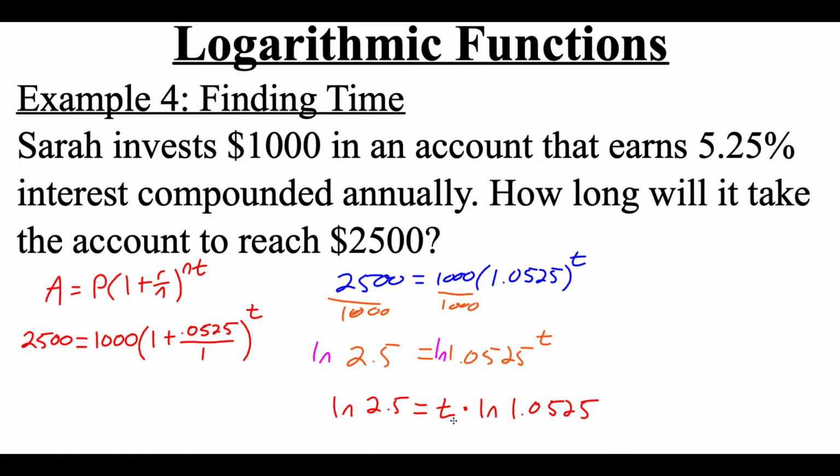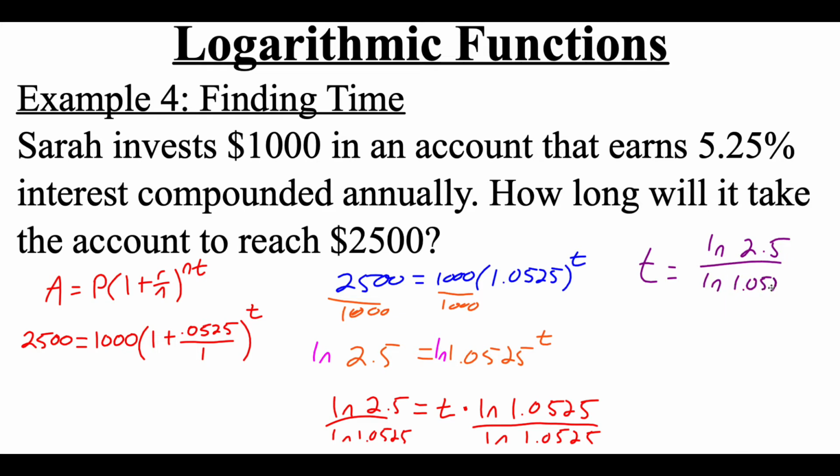1.0525. Now I want t to be alone, so to get rid of this multiplication, I'm going to divide this natural log over to the left-hand side. So I end up with t equals the natural log of 2.5 divided by the natural log of 1.0525. And then what I can do is take this right-hand side and type that into my calculator to get a decimal approximation. If we do that, we're going to get